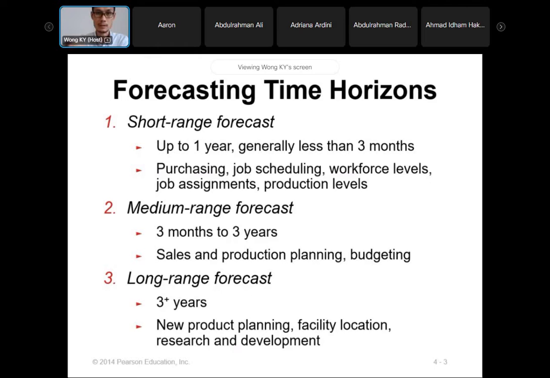Forecasting can be categorized based on time horizon. You can have short range, medium range, and long range forecasts. Short range forecast is normally less than 3 months, generally used to forecast items related to purchasing, job scheduling, and workforce levels, things that you have to do on a frequent basis. Medium range forecast is normally within 3 months to 3 years, and used to forecast items related to sales, production, inventory,